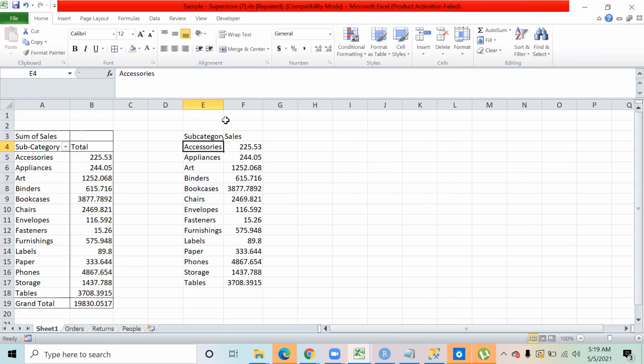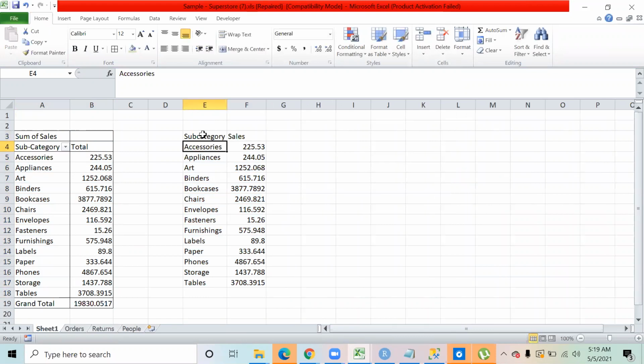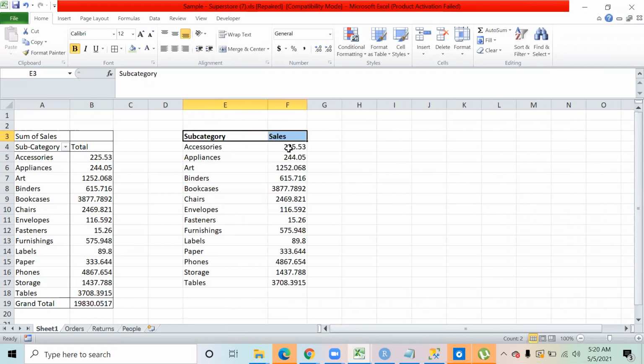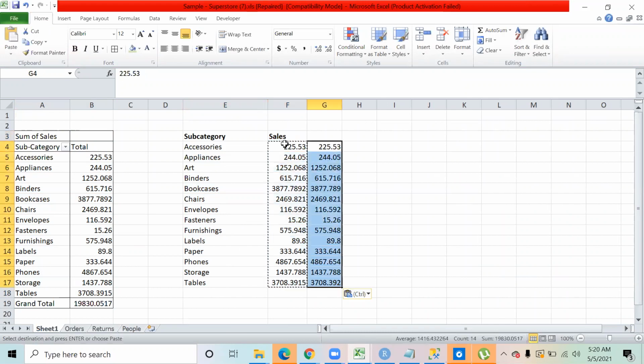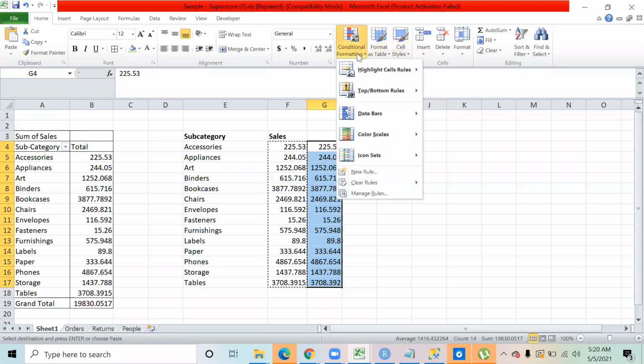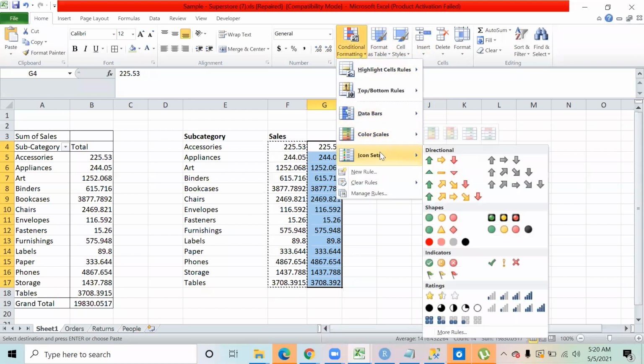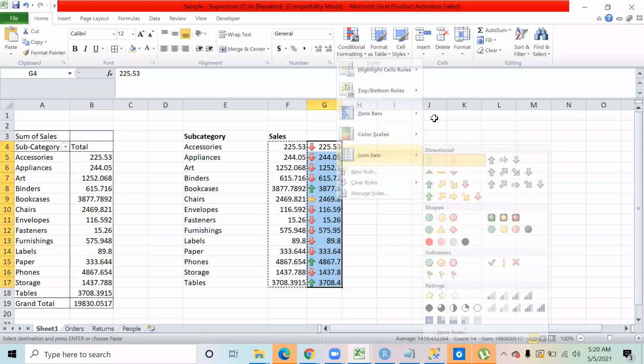Now, this is a report that I want to present to my manager, where I'm showing that across these subcategories, this was the sales that was generated. Now I can actually make it a little more attractive. So I copy these numbers over here, then come to conditional formatting, and we can use some icon sets, right?